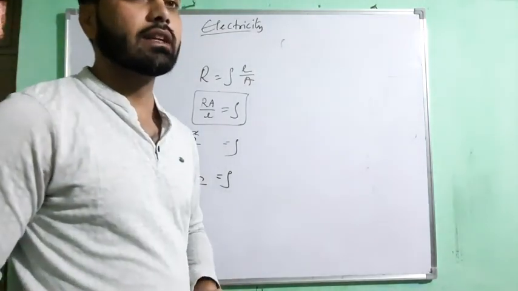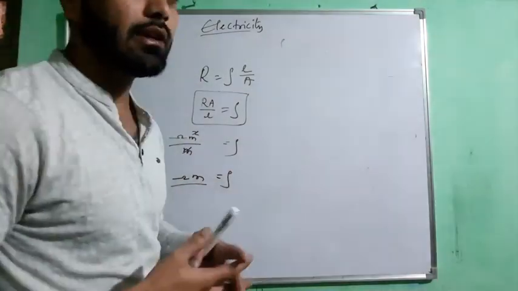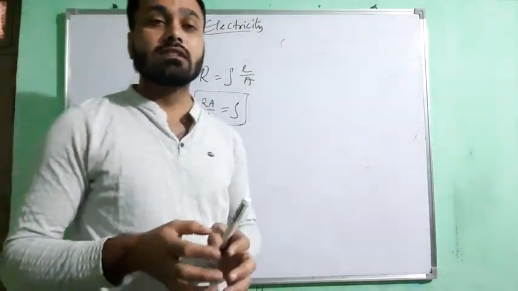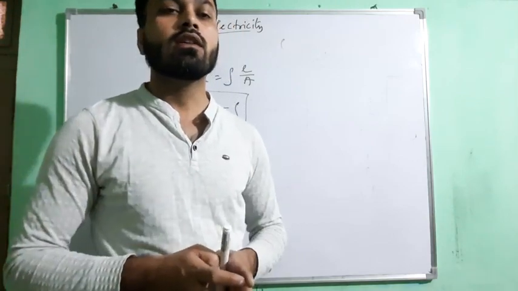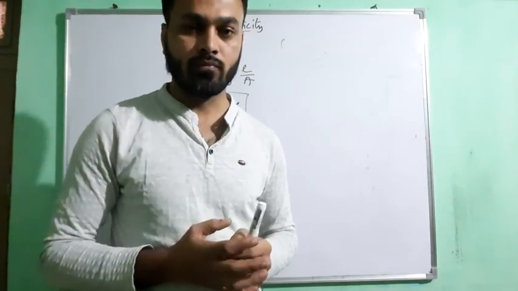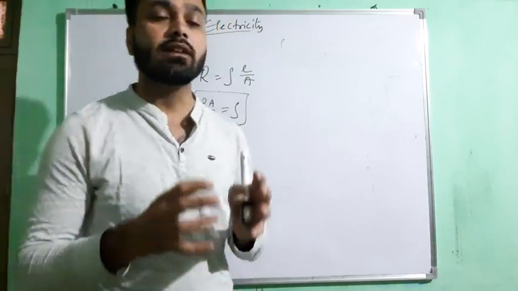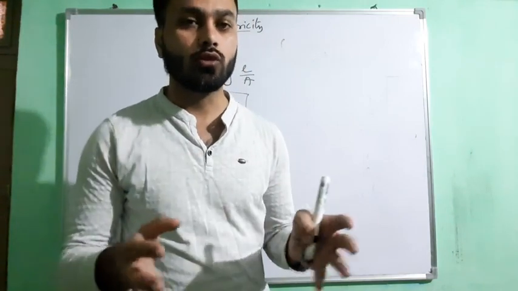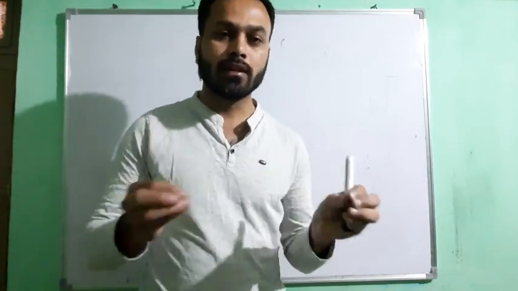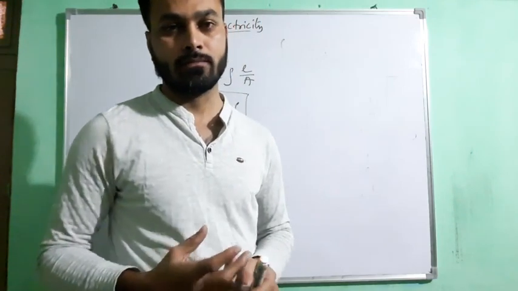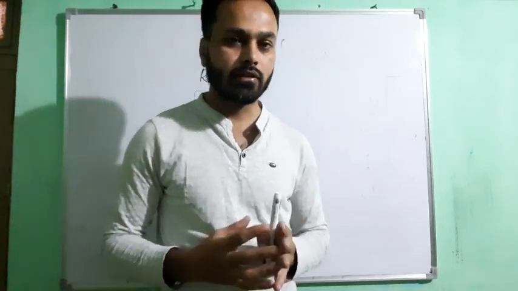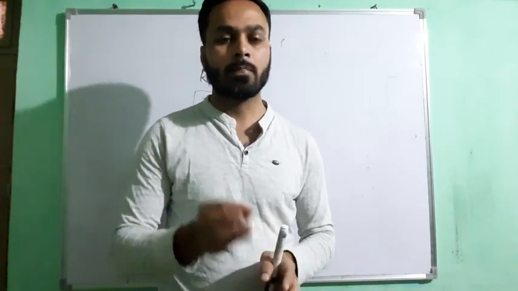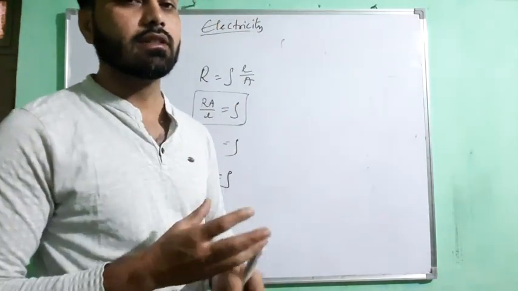Now we will understand what exactly resistivity means. See here, resistivity is nothing but the resistance offered by a material of unit volume. Try to understand it. It is the resistance offered or provided by a material of unit volume, and unit volume in the sense of unit length and unit area of cross section. Are you getting the point? What is resistance and what is resistivity? You have to understand it. I will create the differences. Try to understand the point.